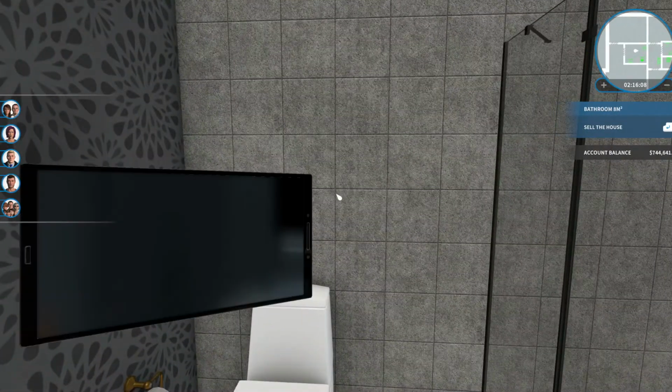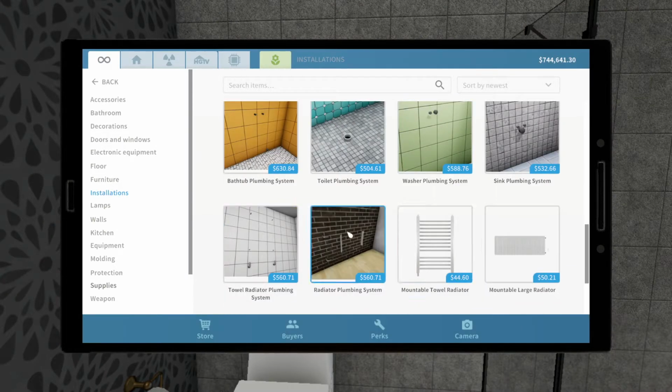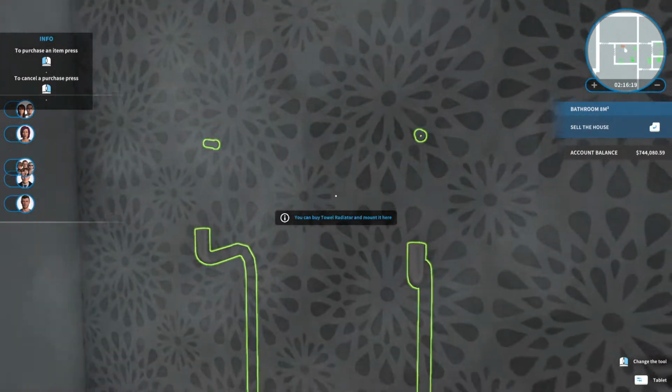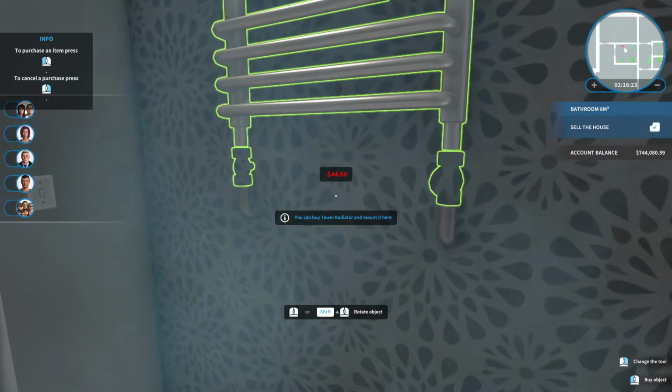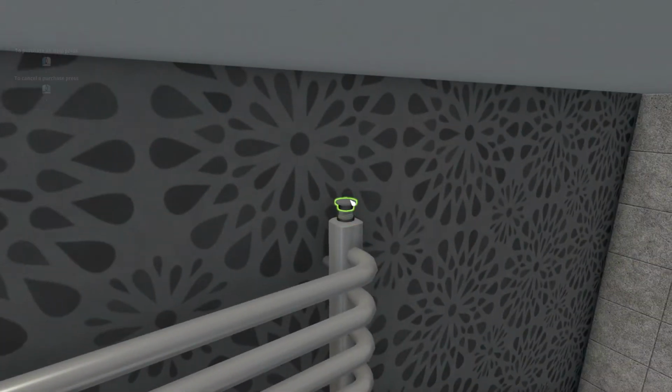We need a towel radiator. Oh yeah, we need this, we need that, and you end up doing pretty much the same thing over and over again, because I think there's just not enough variety. So I'm really looking forward to the workshop, because hopefully the workshop will give us a lot more products and